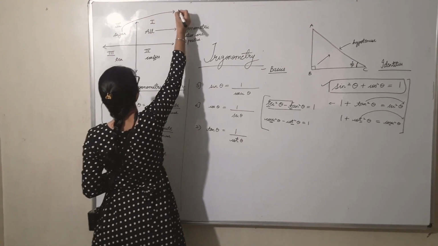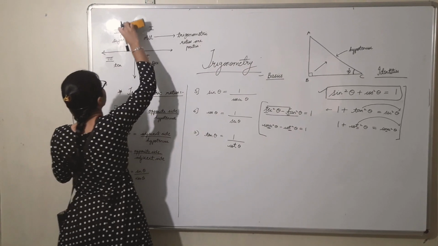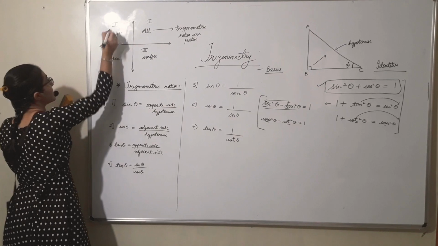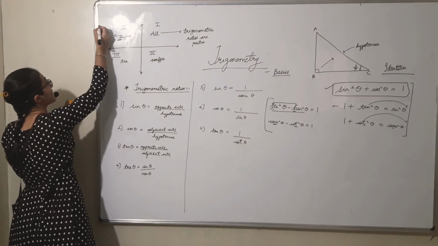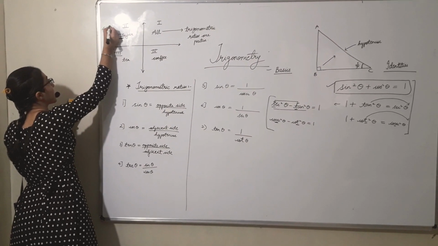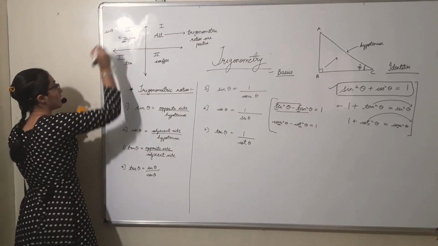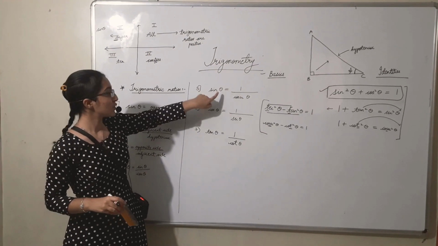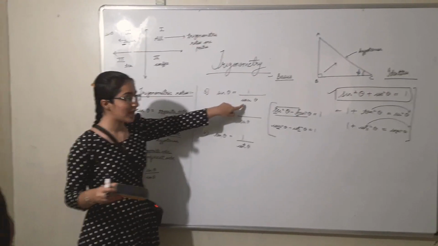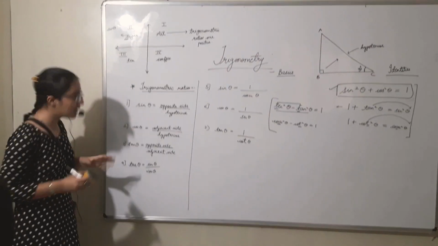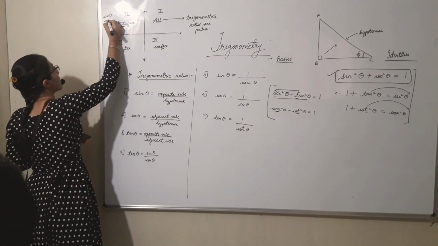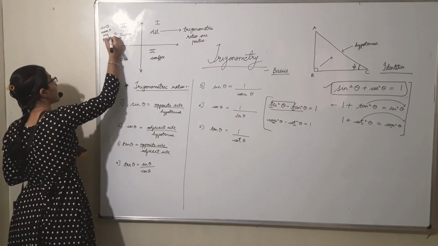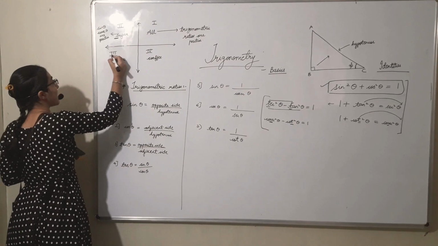Yes, clear? Now in the second quadrant, what will happen? I will write here. Like in the second quadrant, I wrote S. S means sine theta. So in the second quadrant, sine theta is positive. Now can anyone tell me who is the relative of sine? Cosec. So where sine is positive, there cosec will also be positive. Simple. So you will write sine theta, cosec theta are positive. Clear? Yes, everyone?